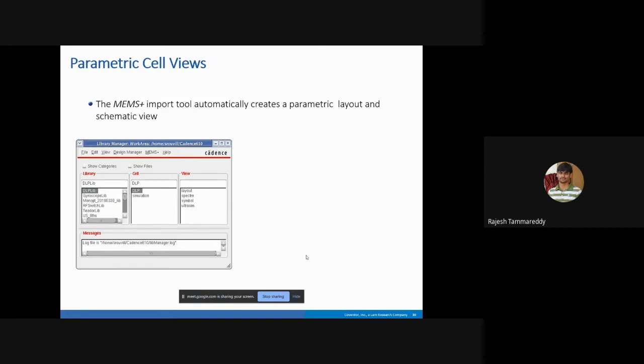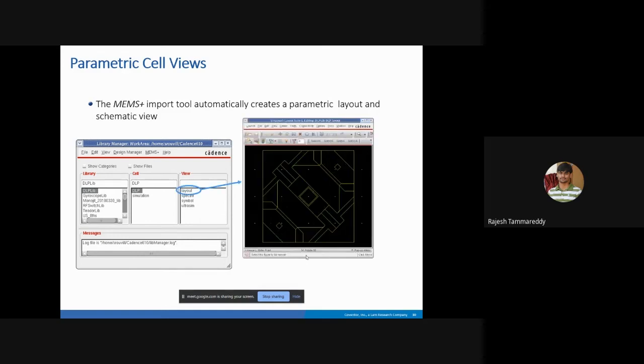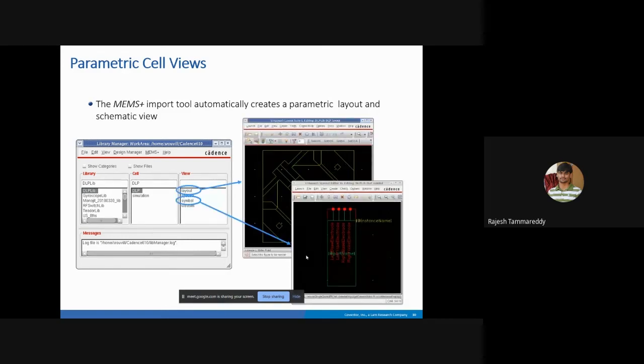One is your 3D model, which comes as a block. Next, you also get a PCell, a parametric cell. It's a 2D layout file that comes from your MEMS Plus. Now we use this block that we have here for the simulation.